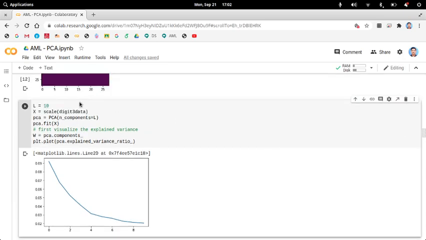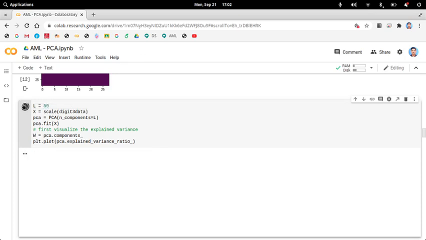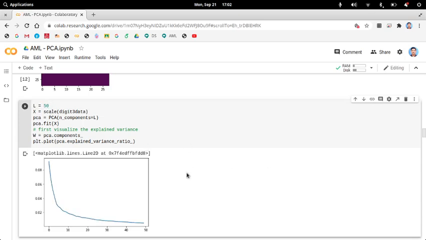If you use another, maybe larger value, for example L equal to 50, then the plot will be somewhere here. If you use some 10 components, then the error may be somewhat similar, so maybe 125.